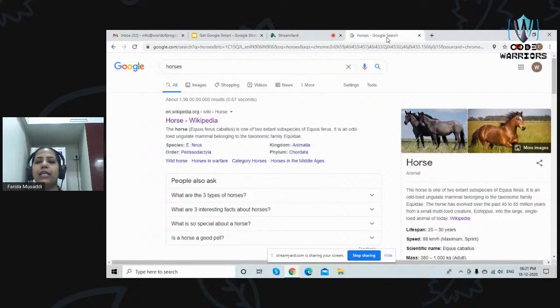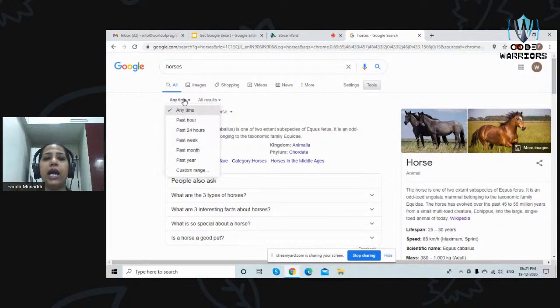Right. So coming back here, we have the knowledge graph, which shows concise information about the topic you are searching for. Then, of course, we all know images and videos and all those things. But there are two more controls at the end over here, which are settings and tools. Now, these tools you will find when you go to images, when you go to videos, and this makes your search even more refined. Just click on it and you will see the filters which you can apply.